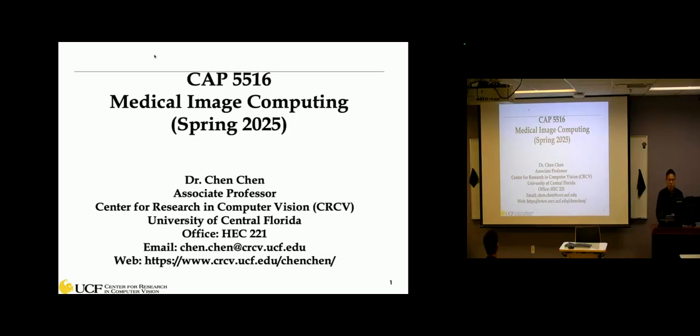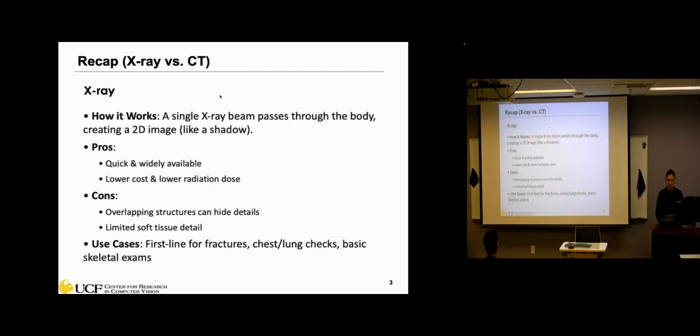So for today, we'll continue talking about medical imaging, different imaging modalities. Last lecture, we talked about X-ray and CT, right? Just a quick recap. X-ray and CT use the same principle because they're using ionizing radiation, so you generate a shadow. The radiation can be absorbed by different tissues or pass through, and whatever energy is picked up by the scanner will be shown eventually on the X-ray or CT images.